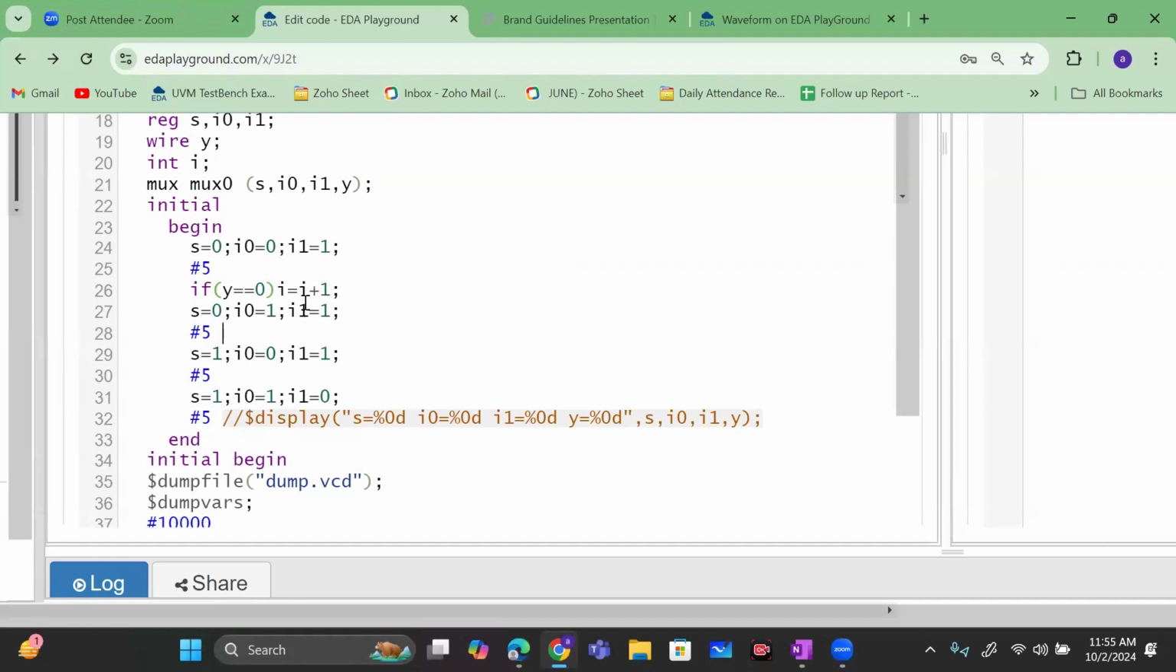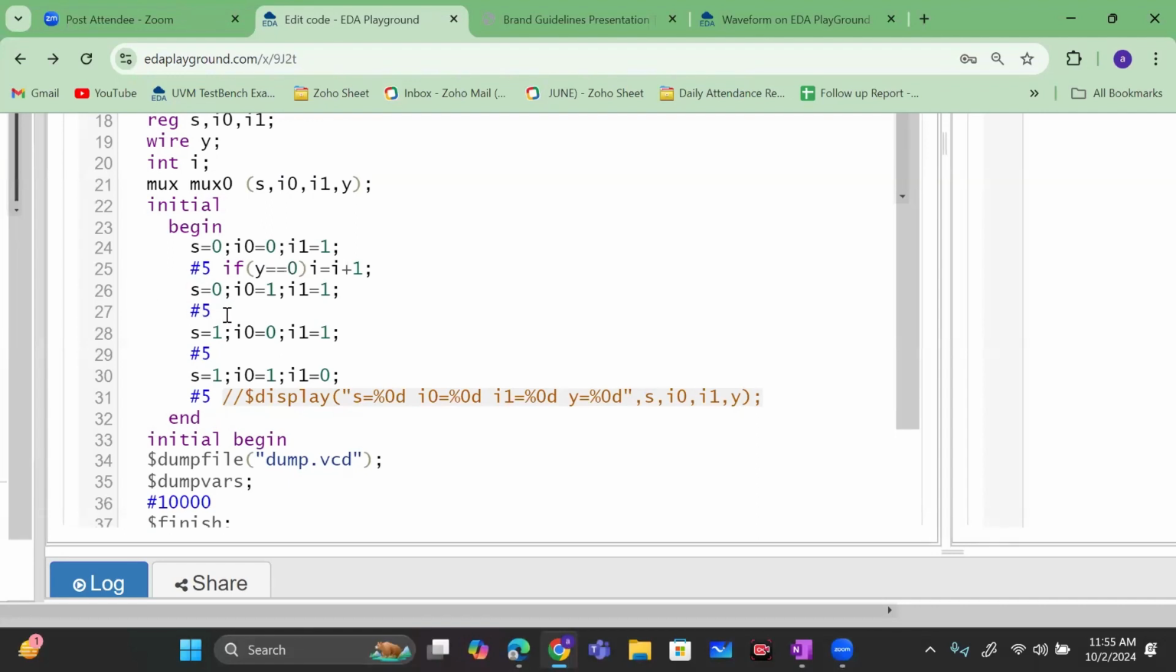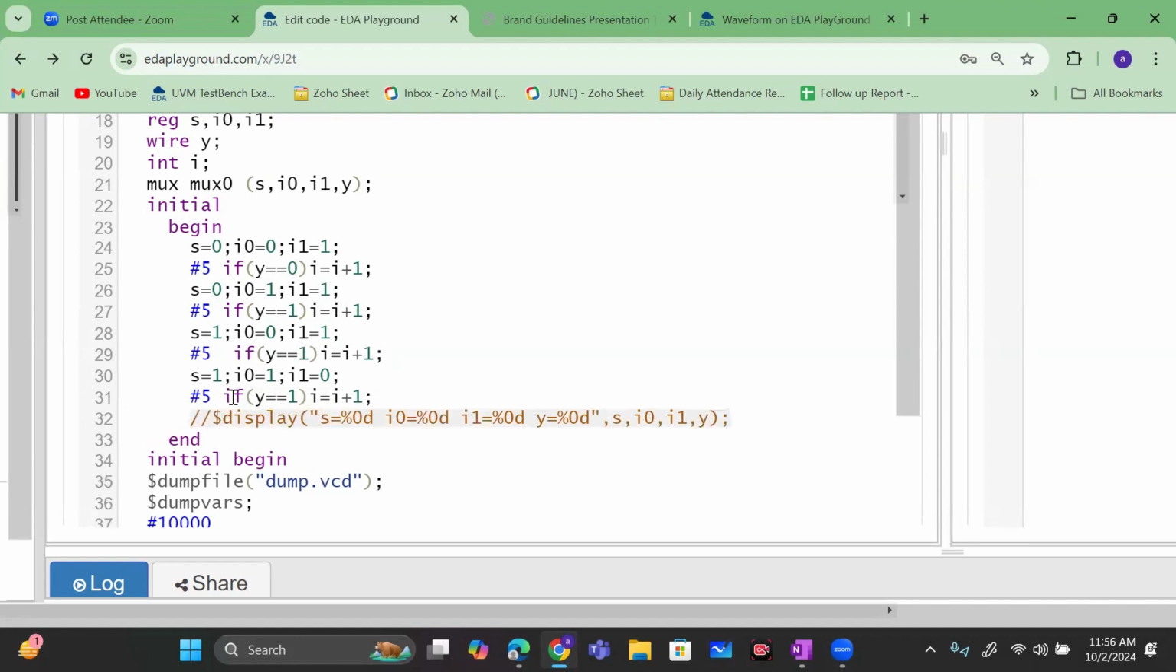And here, I will write if y equal to, that means what is my expectation? My expectation is, if the design is correct, I'm expecting y should be 1. If y equal to 1, then I will do i equal to i plus 1. But here, what will I expect? It should follow y as 1, then I count one correct, which is correct. And here also it should be 0. Now at last what I will write, if